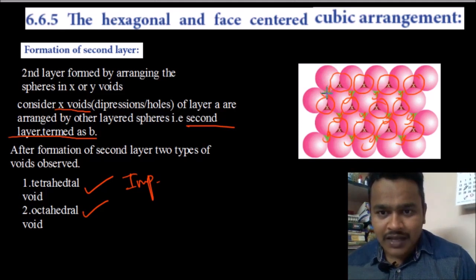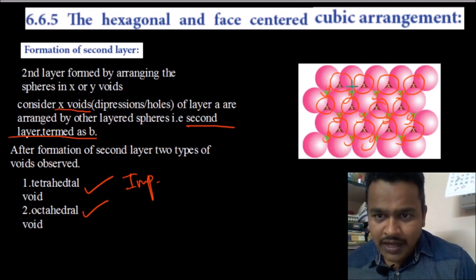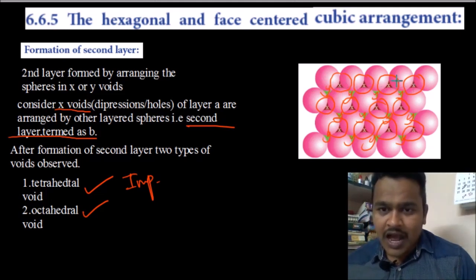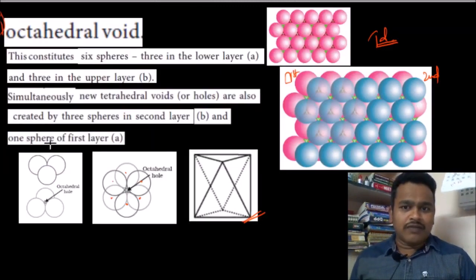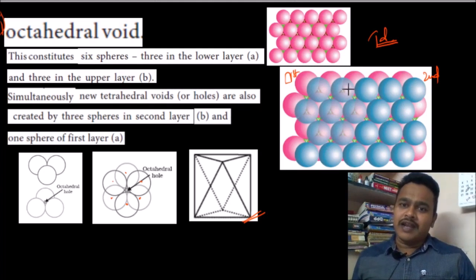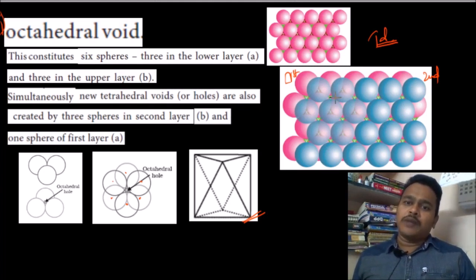In the first layer, X gaps are filled with some spheres, and that becomes the second layer. After formation of the first and second layers, you are going to get two types of voids. One is the tetrahedral void, the other is the octahedral void.